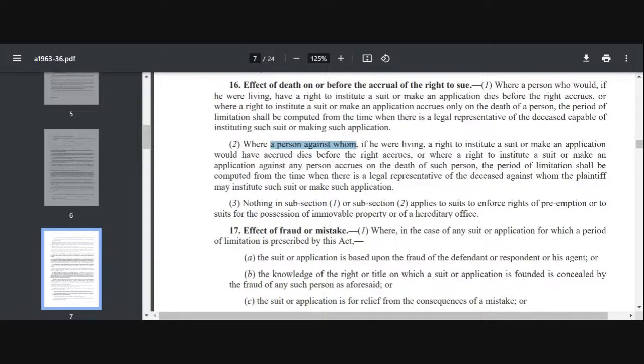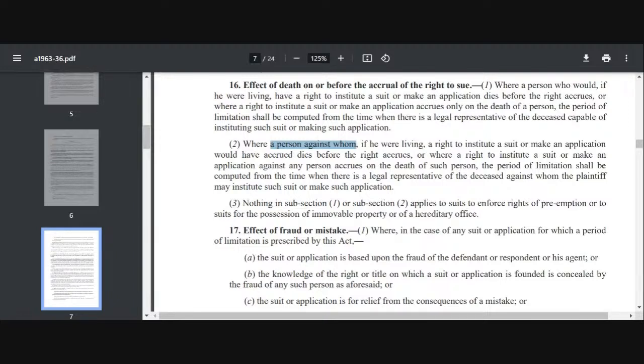that the legal representative will hold the property on behalf of the deceased. So it is his duty to sue in respect of any cause of action which has accrued after the death of the person, right? Now section 16 is based on the principle that unless there is a complete cause of action, limitation cannot run, and unless there is a person who can sue and a person who can be sued, there cannot be a complete cause of action. So section 16 is providing that,